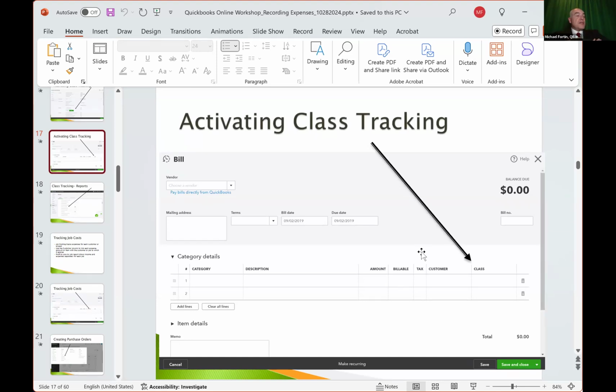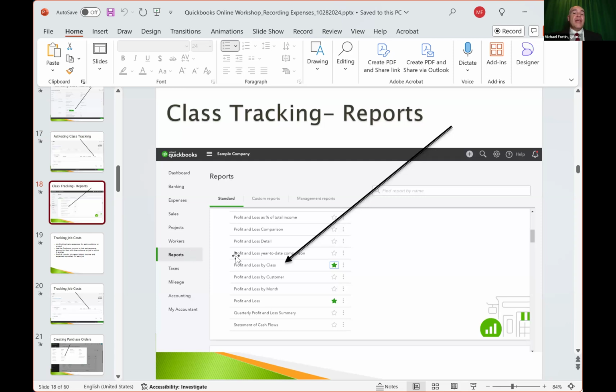So let's say that I was entering a bill. Once again, I'll use my electricity bill. Let's say it was Central Maine Power, and I was entering this as an expense. I could associate it to say which location or which class it is for. So I might say, okay, this is for the Portland location, or this is South Portland. So it allows me to tag that. And then once I start using it, there are reports in QuickBooks, like this profit and loss by class report, and this would allow me to see all of the income and expenses as they associate to that location.